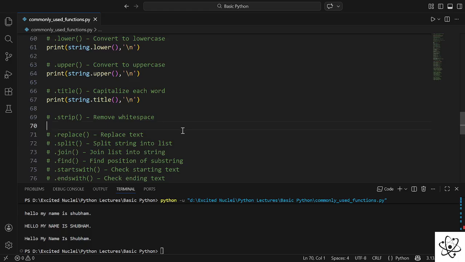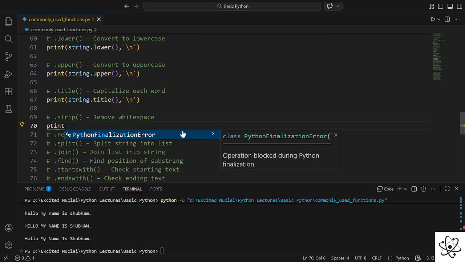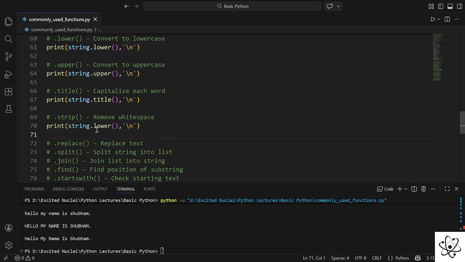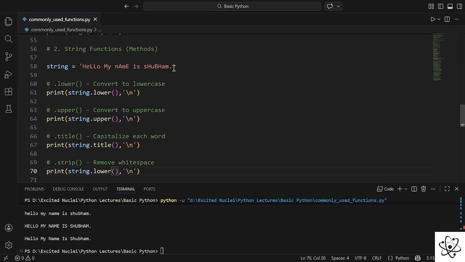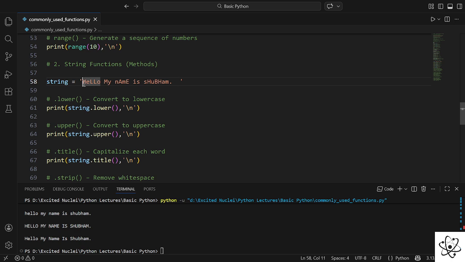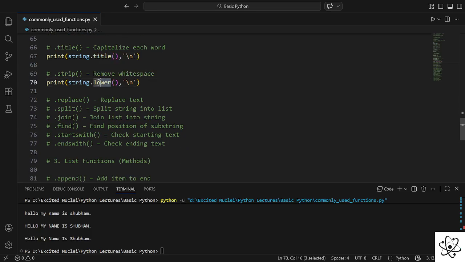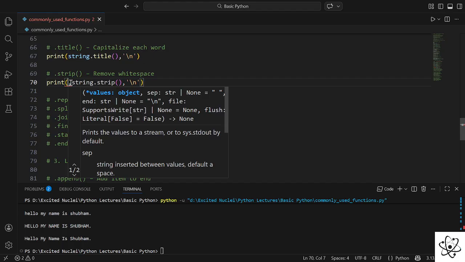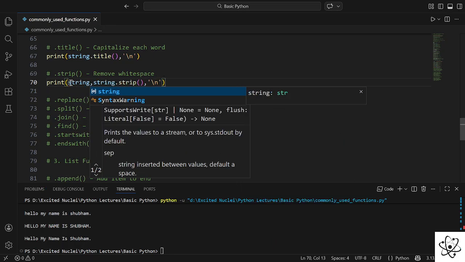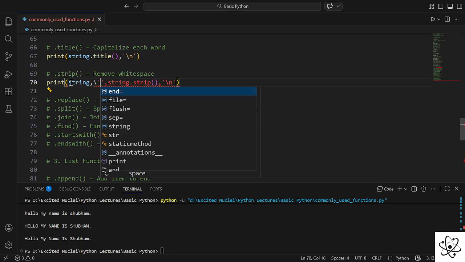Now the next is the strip function. What the strip function does is, if I have extra spaces in my string, so let's say I have 3 spaces here, 2 spaces here, in that situation these spaces are not useful to us. So we can do one thing. We can simply use the strip function and remove those extra spaces from here. And to see the effect of this removal, I am just going to